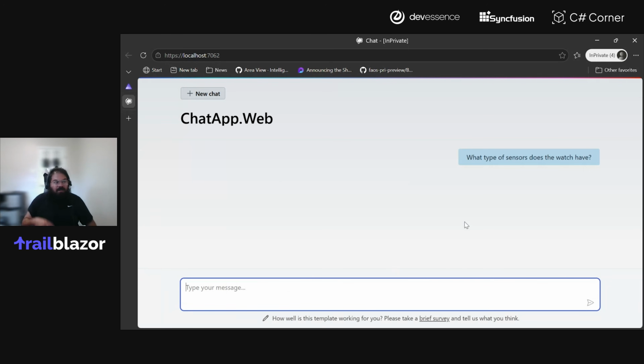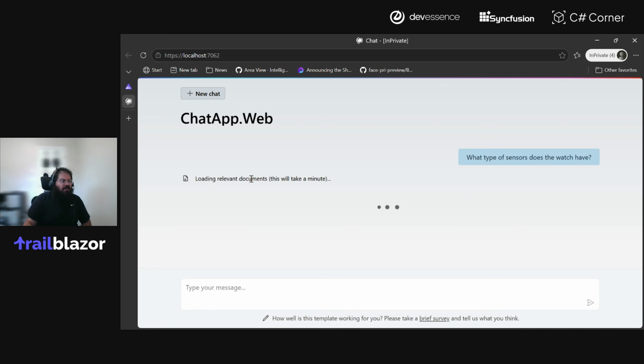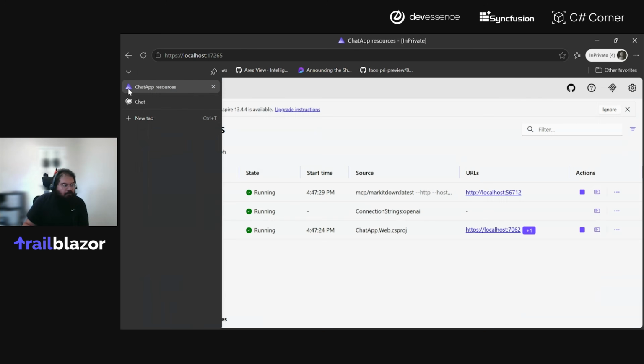And what I expect here is it would leverage some of our ingestion pipeline components to ingest the documents that we provide out of the box. Once they have been ingested, it's leveraging MarkItDown. Once that's done, it will then try and generate an answer. So you see it's loading the relevant documents, and it's going to take a second here.